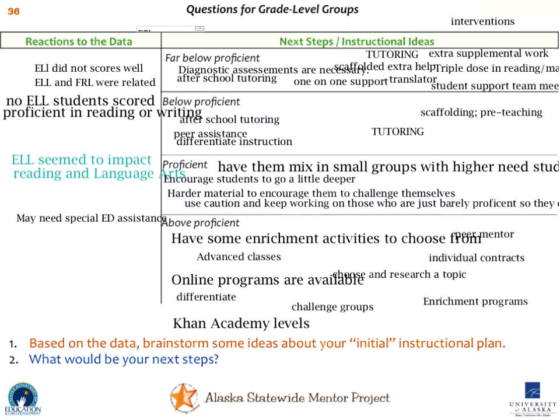Thanks for sharing that. All right, it looks like you guys are thinking about, I'm seeing a lot of people talk about differentiating instruction, and I see lots of ways for you to actually begin to do that on all of these levels. Noticing that the ELL were the ones who were impacted most directly, I'm thinking that that's really going to make a difference in our understanding, especially throughout the state and in Anchorage. So let's move on now to the third